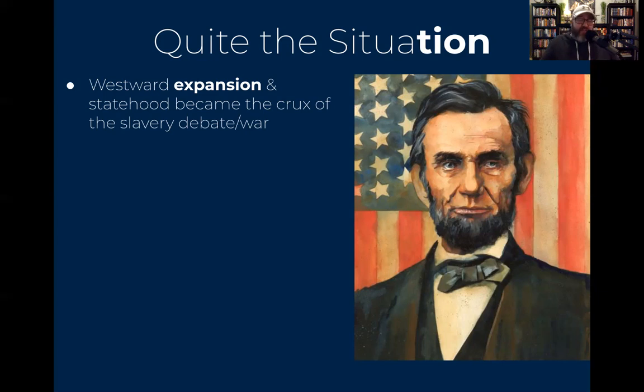As territories come into the Union, how will they become a state? Under what purviews will they become a state? How will they manage themselves with regards to the slavery issue? Will they accept slavery? Will they refuse slavery? And will that Missouri Compromise line, remember that's the line at the 36°30' latitude, establish any states